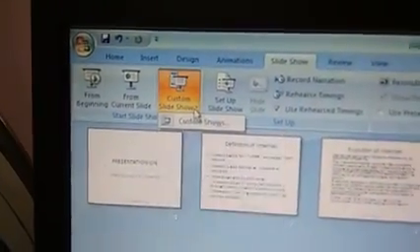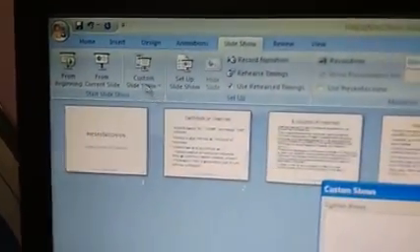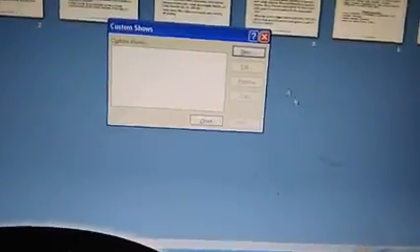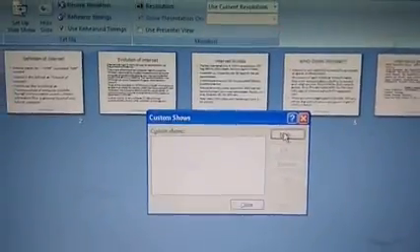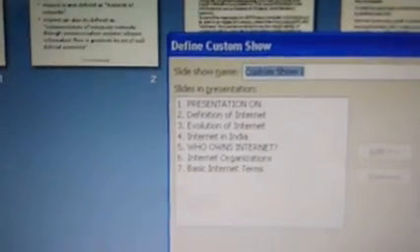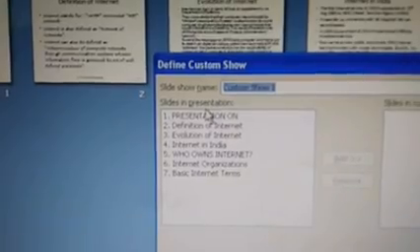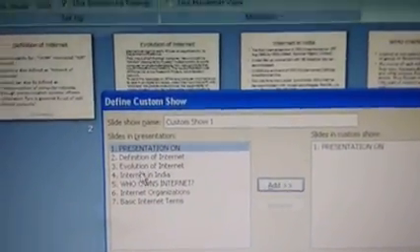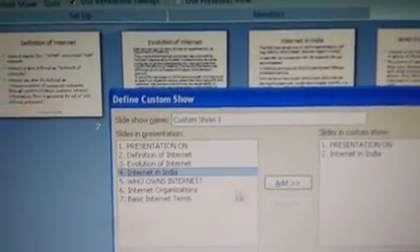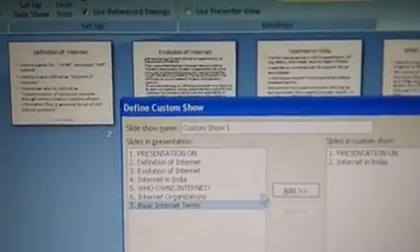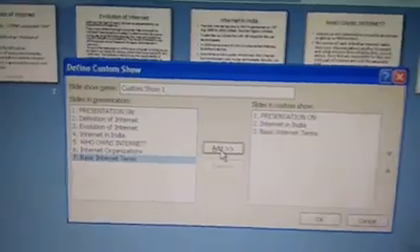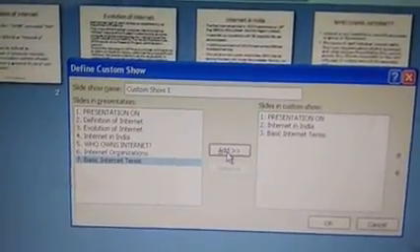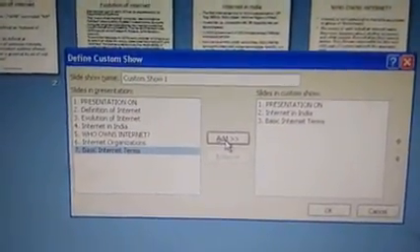Okay, what you are actually doing with customize slideshow is, whenever I click on this, I am capable of creating a new presentation from the available presentation. If you are seeing, I have 7 slides made, right? So I'll select my first slide, I say add here. Then I select my fourth slide, then I select the last slide. Understanding? So among the 7 slides, I have selected only 3 slides, right?